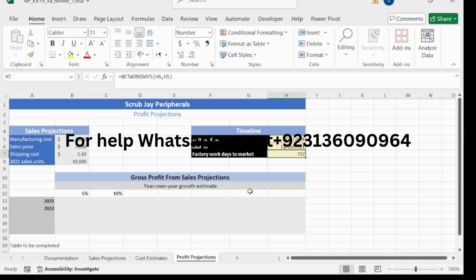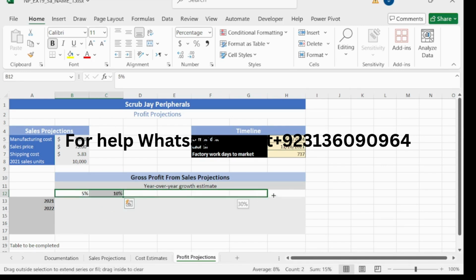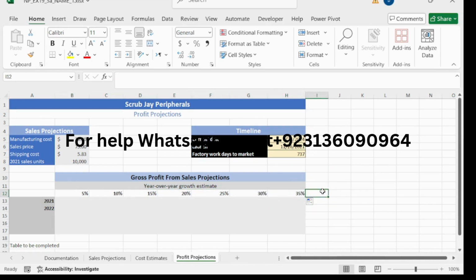And our step number 11 is use the values in the range B12 to C12 to extend the incremental percentage. So this one, we select this one and go to the H12 like this. So we have completed our 11th step, and our step number 12 is in A13 to A14. Select the range A13 to F14 and extend this to A17 like this. So we have completed our 12th step here, and our step number 13 is in cell B13 create a formula